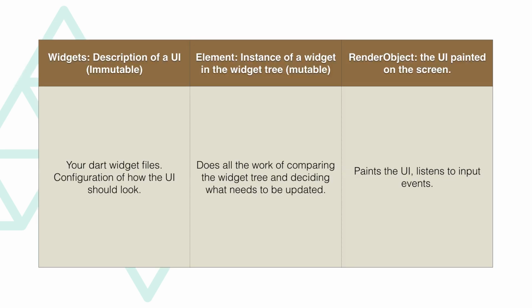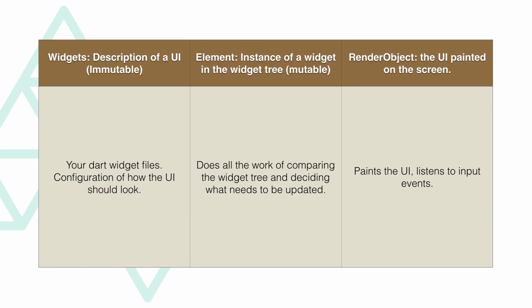So this is sort of what happens when Flutter is rendering a UI. Everything that we wrote in the Dart files is actually the first column, where we're describing widgets, how we want the UI. So that's all it is. It's just a configuration describing how we want the UI to look. And then Flutter, you actually don't need to know this, but I think it's important to know how it works. The next step is Flutter builds a tree of elements, which is the middle column, and that